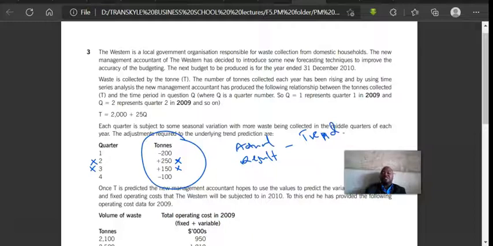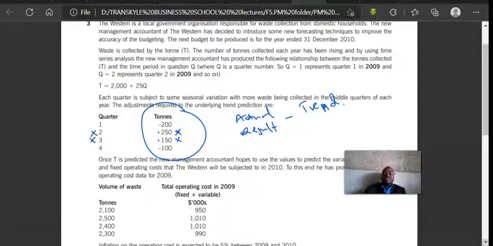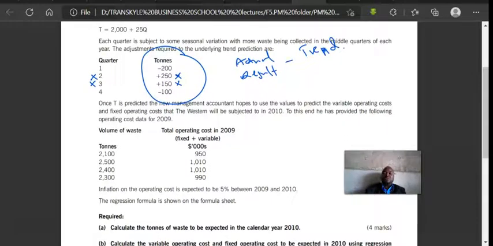Okay, minus the trend, we get the seasonal variation. That's the bit of background. Now the question goes on to say, once T is predicted, the new management accountant hopes to use